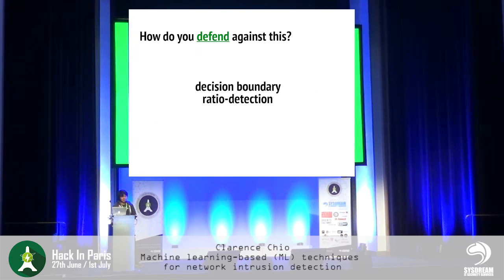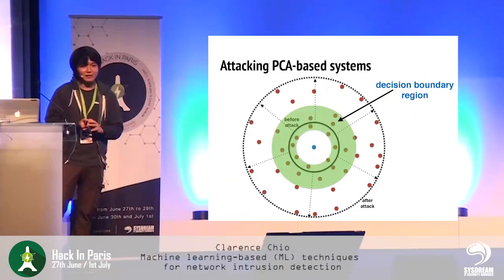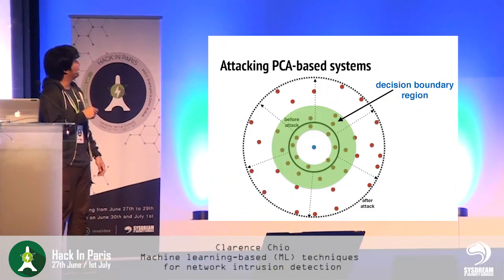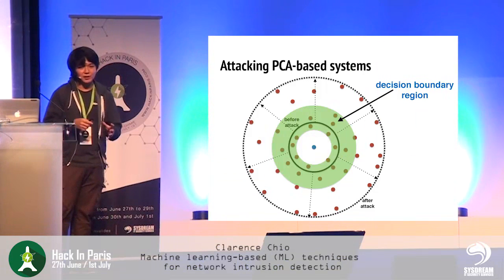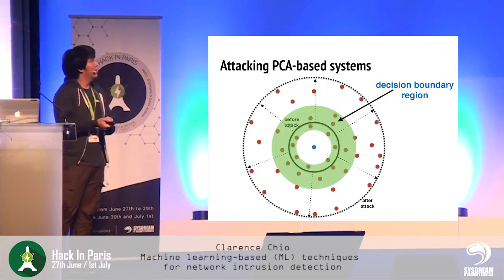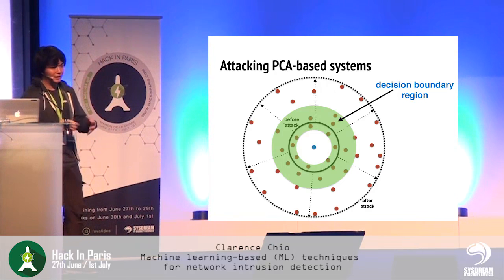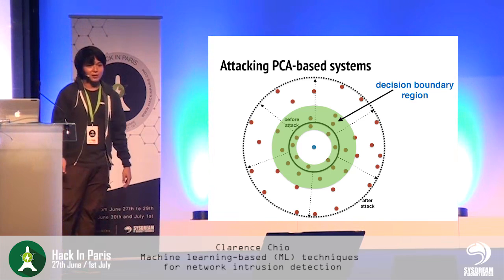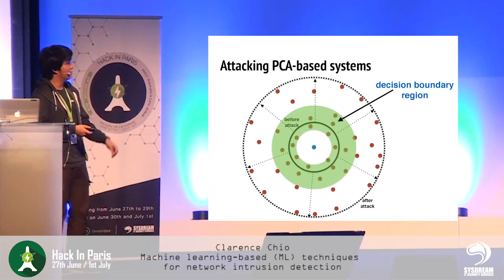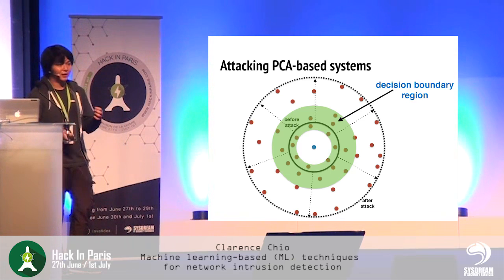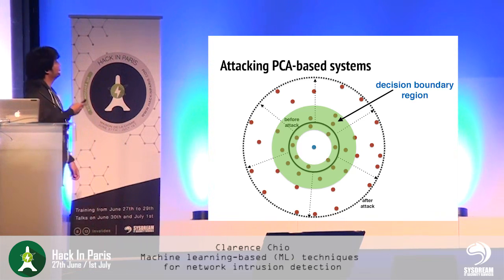Decision boundary ratio detection. A lot of the attack methods actually require the attacker to attack around the decision boundary so as not to trigger alerts by humans. Let's say the decision boundary is here and your attack point lies here. Then obviously you can very simply filter out the points that lie too far outside the decision boundary and not use them to train your model, because you're afraid that using them might cause a lot of instability in your interpolation.